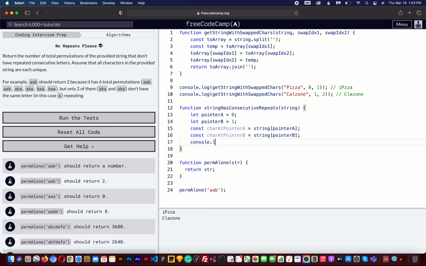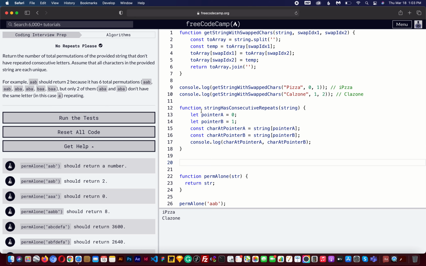We can go ahead and console.log charAtPointerA and charAtPointerB. Below, making a call to our function. Copy paste one more time. And in here, I'm just going to use my own name. Feel free to use yours. My name is Sam. So we see pointerA is 0. The character at index 0, pointerA, is uppercase S, and the character at pointerB, lowercase a, the very